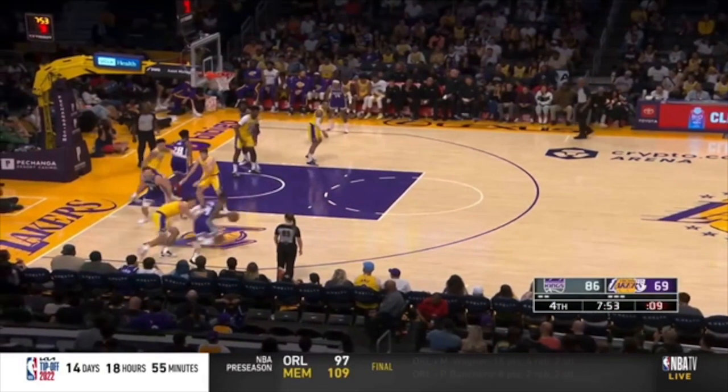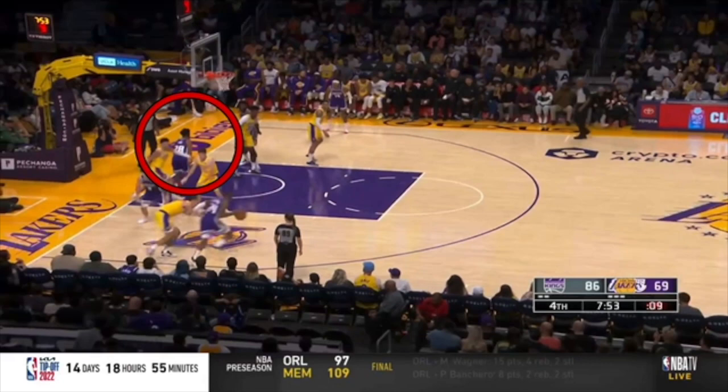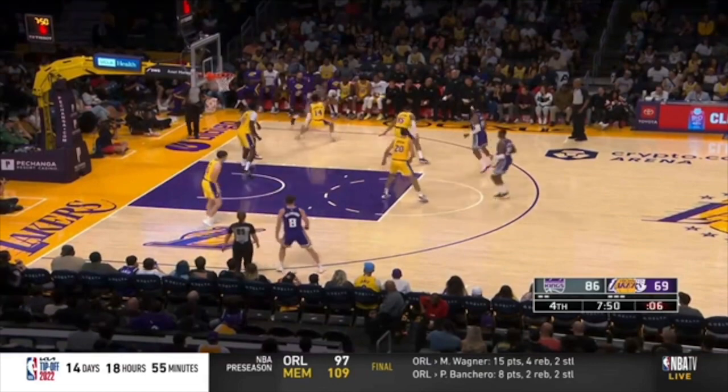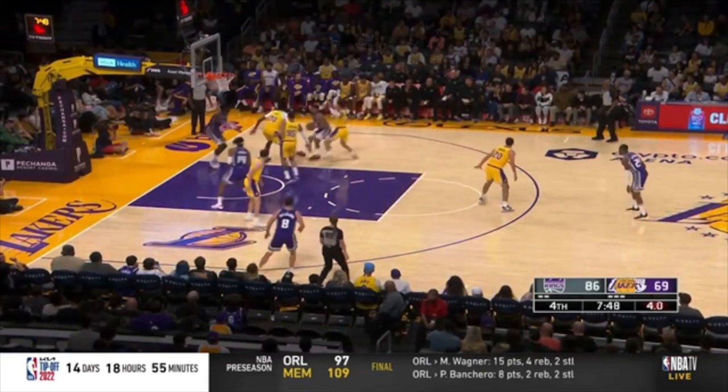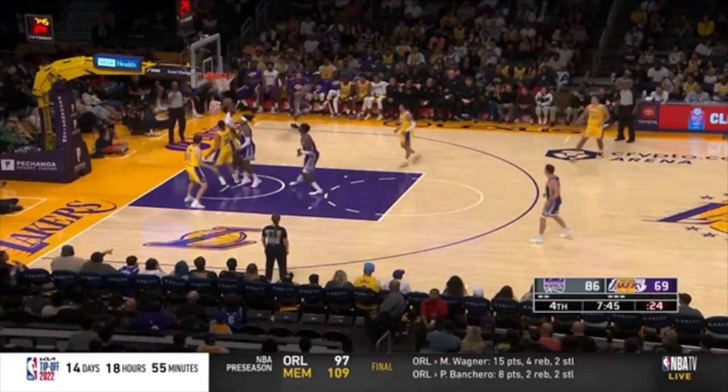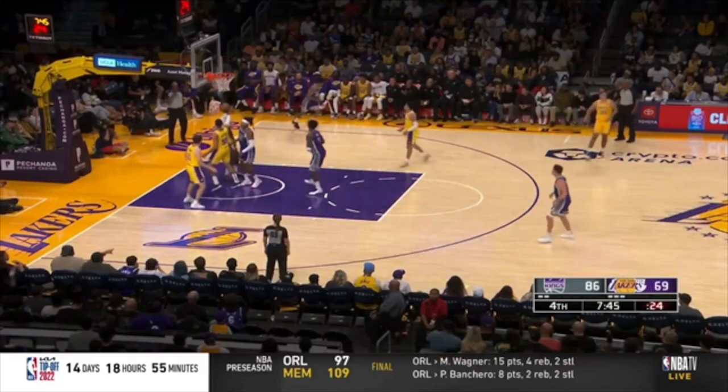What is this player for the Lakers doing right here? Okay, let's focus. He's guarding this Kings player here. Why is he coming to double? This player's doing fine one-on-one. He's coming to double, so now he has no chance to get to his man in the corner. So now it's just a rip-and-go drive. You're not ready to guard. That forces help at the rim. So now there's nobody to box out that player's man, and it's an and one for Sacramento.